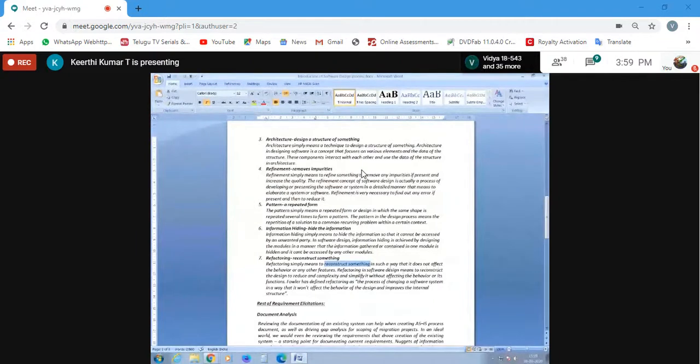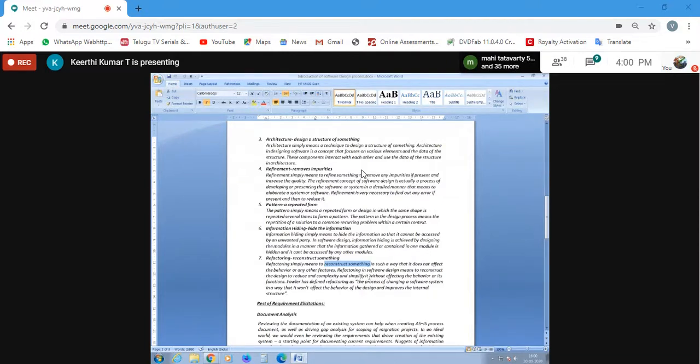If there is a clash between two systems, if one system is affecting the performance of the other system, then and there you want to go for reconstruction, because if you're not doing a reconstruction, it is affecting the performance of the whole system, right? So you don't want to do that.